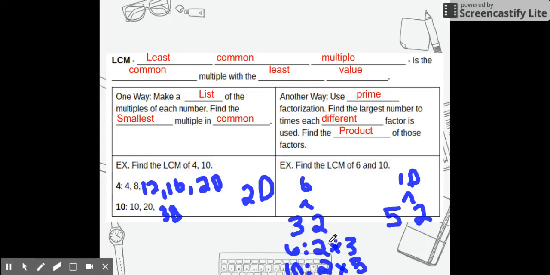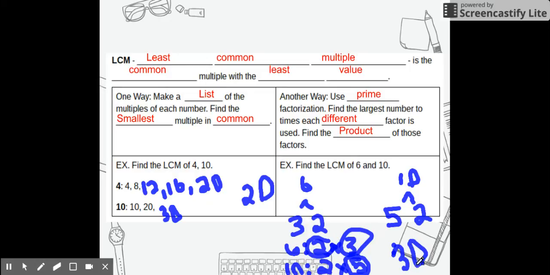And now we have a 2, a 3, and a 5. Technically, there are 2 sets of 2s, but we don't care because we only need to use one of them. We took one of every number. It says you need to take the different factors, which we just circled, all of the different options, a 2, a 3, and a 5, and now multiply them together. So if you were to multiply 2 times 3 times 5, let's see, 2 times 3 is 6, 6 times 5 is 30. So that's how you find your answer using prime factorization,